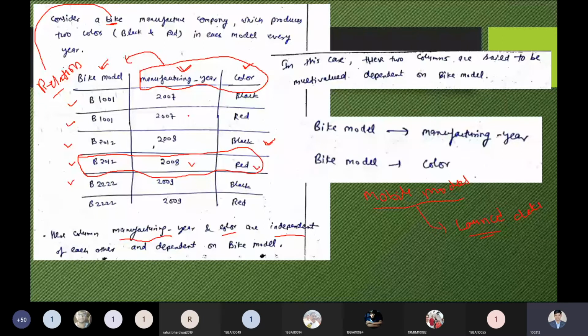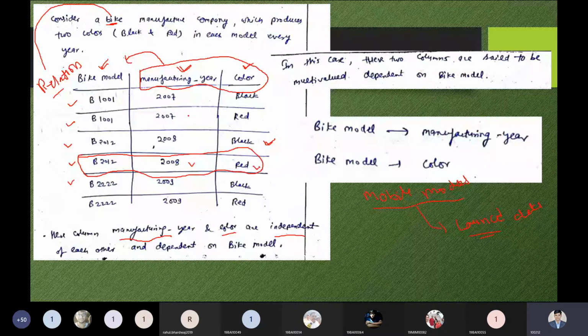And I'm just taking another example. If your friend is trying to sell your old bike, then first you will ask, okay, what is the model? What is your bike model? What is the car model? At that time you can identify, this is the car you are talking about, the Maruti 800. So it is a very old car. Definitely it could be a 5 or 6 year back model you're talking about, so I can't purchase. So you have a simple example in your life. Then color, you can identify, okay, we know only 2 or 3 colors we have at the time. So there are so many examples in our life.